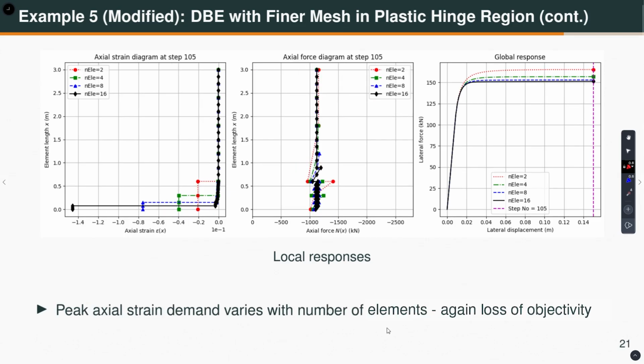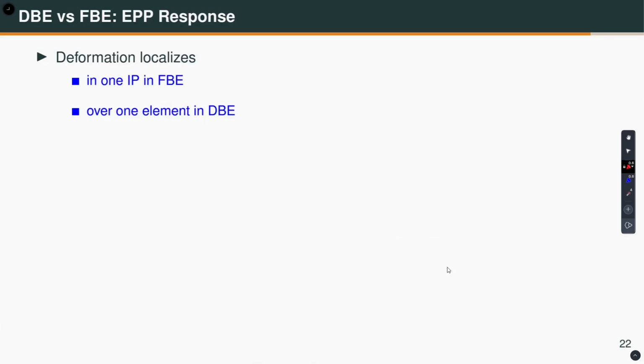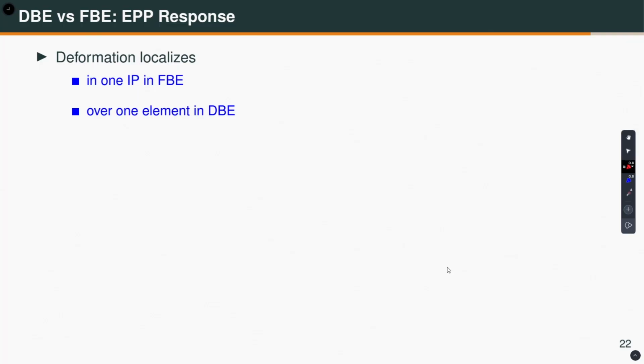Same observation for the axial strain. When I use 16 elements, this is my peak axial strain. When I use 8 elements, this is my peak axial strain. There is a huge difference. For axial force, it is okay, right? So peak axial demand also varies with number of elements. And again, we lose the objectivity. So in summary, for elastic perfectly plastic response, the deformation localizes in one integration point for force-based element,